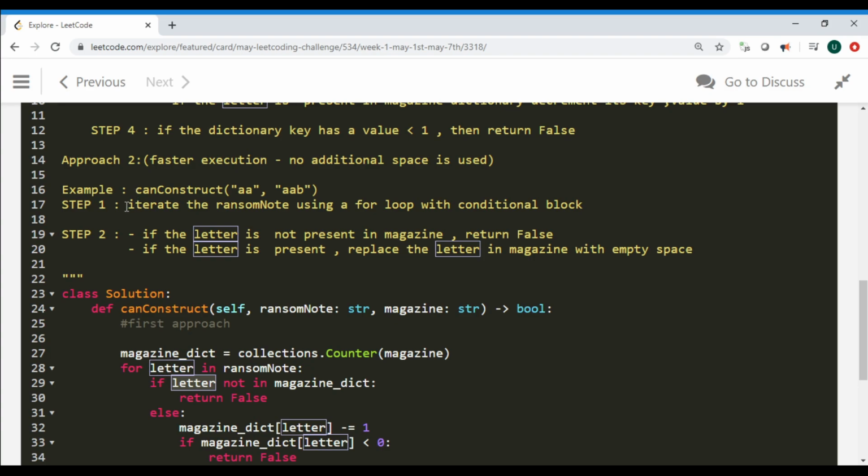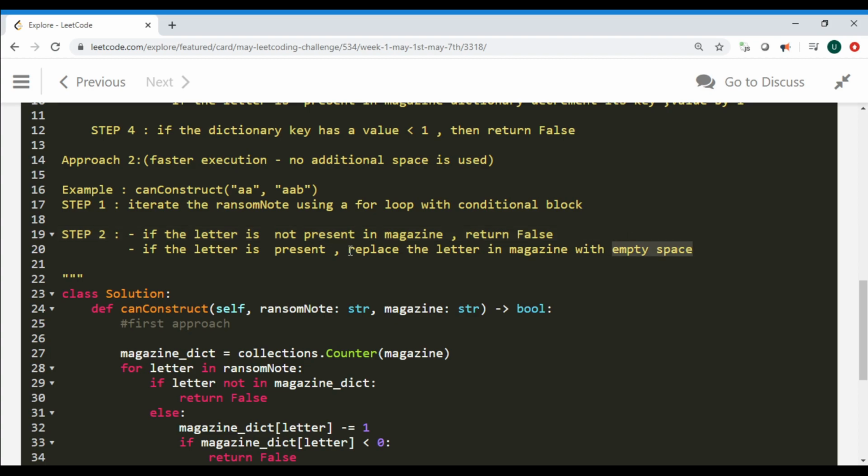In step 1, I'm going to iterate the ransom note, and in step 2, similar to the first approach, if the letter is not present in the magazine I'm going to return false. Else, if the letter is present, I'm going to replace the letter in the magazine with an empty string.